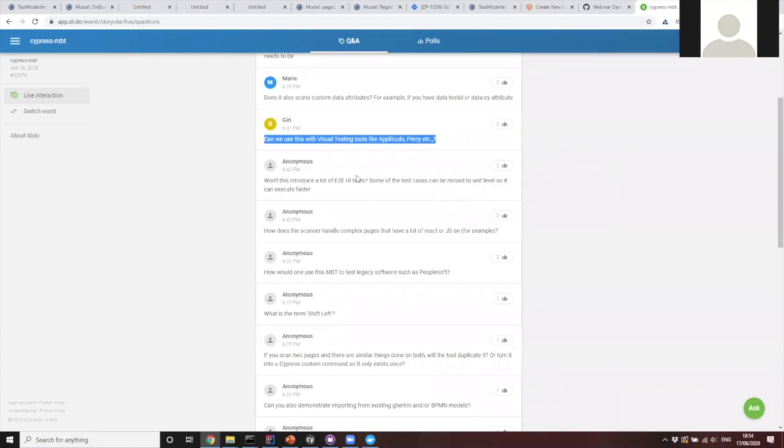Okay, won't this introduce a lot of end-to-end UI tests? Some of the test cases can be moved to unit level so they can be executed faster. Yeah, absolutely. This is very much revolving around what your underlying testing strategy is. If you look at a lot of talks out there, people will talk about testing pyramids. You should focus most of your tests at the unit level, and you may not have so many at the UI level, etc. So it's up to you with your testing strategy where you're going to focus